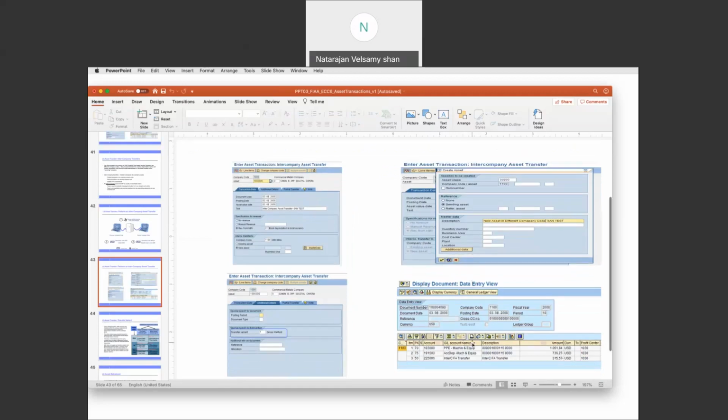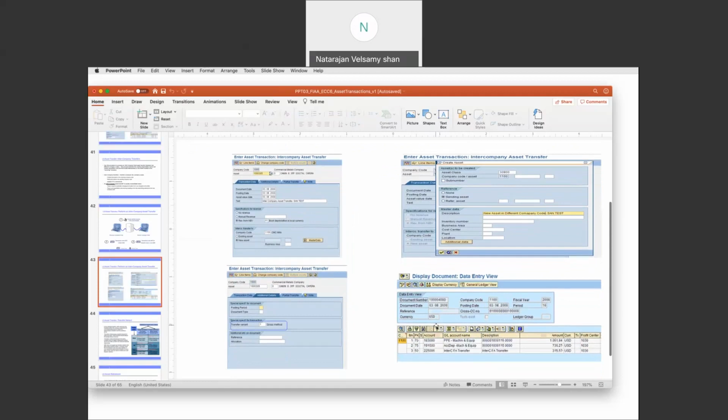This is the sending company code. Both the asset and the depreciation have been transferred, and there is an intercompany fixed assets transfer. The difference goes to the intercompany fixed assets transfer.